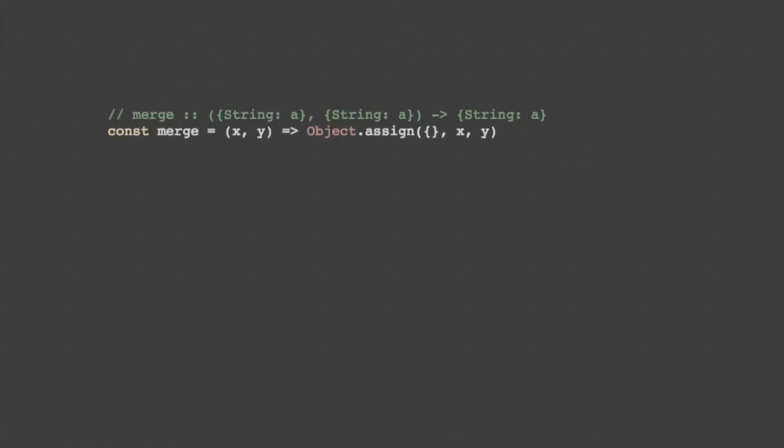We want to use functions as our small reusable components. We want to apply functions, we want to reuse functions, we want to build everything with functions. And because of that, we can create simple functions like this one, which merges 2 objects together, taking all the properties from both of them and returning a third one that has all the combined properties. The string :A is just a way of saying the key is always a string. A is, well, something. We'll call it A for now. And we get 2 of those, we return a third one that looks just the same. It'll just have more properties.